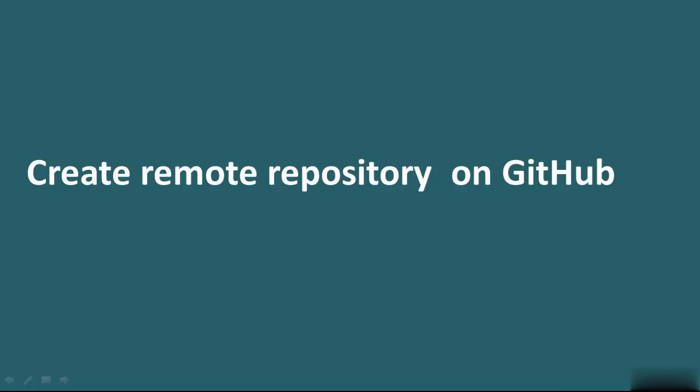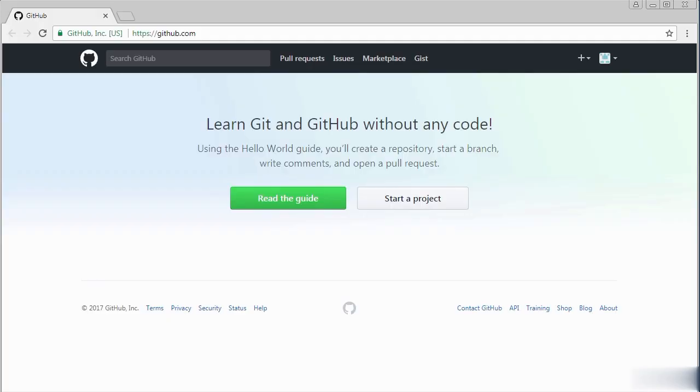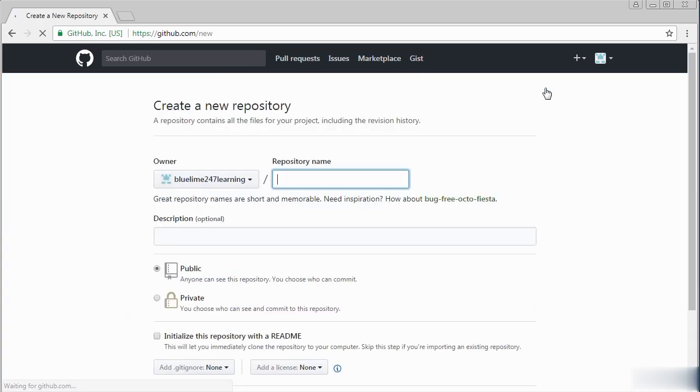In this lecture, I'm going to walk you through how to create a remote repository on GitHub. I've already logged into my GitHub account, so if you can do the same, the website is github.com. If you haven't got an account, you can just register. It's pretty straightforward. So to create a new repository, click on the plus sign and click new repository, and you're